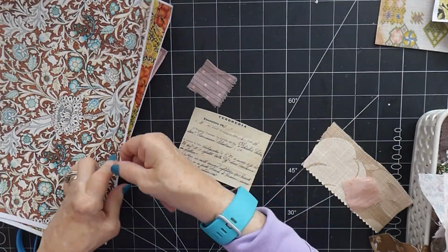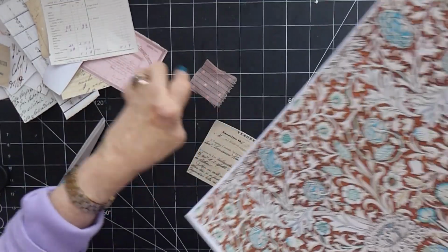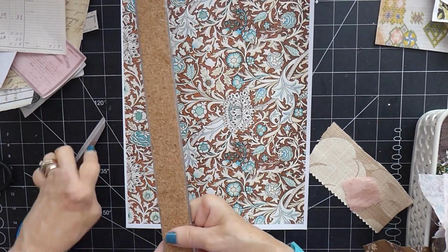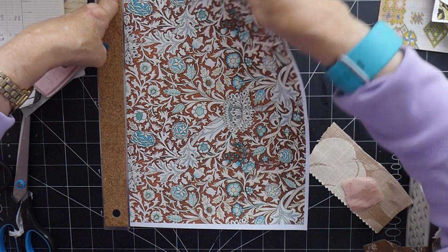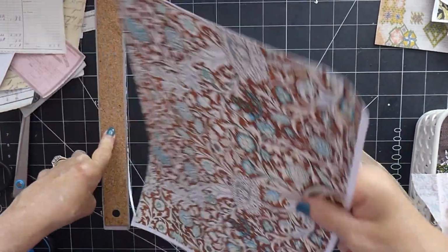But she doesn't really put two papers together, does she? So I don't know whether to go rogue and not use fabrics on one of them, or use two pieces of paper and a piece of fabric. I don't know. So I'm just going to take a piece of this